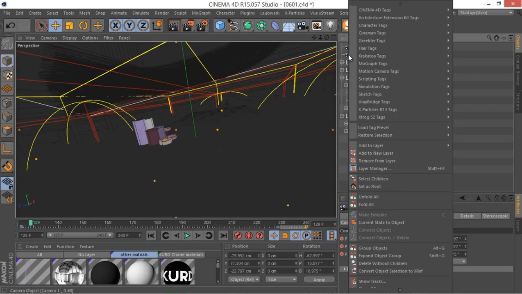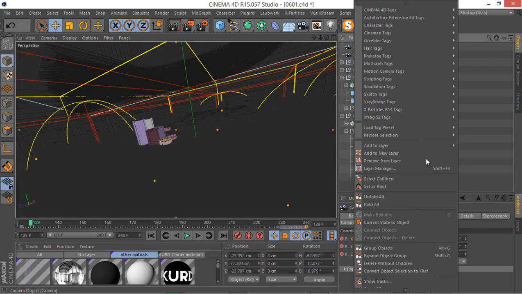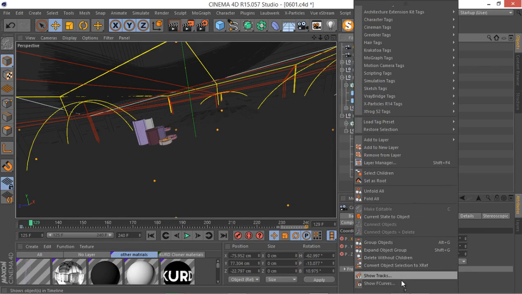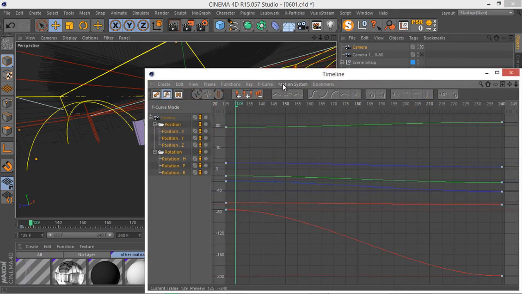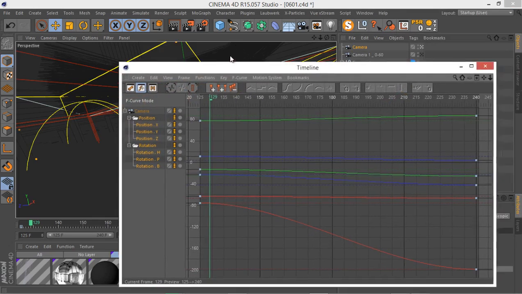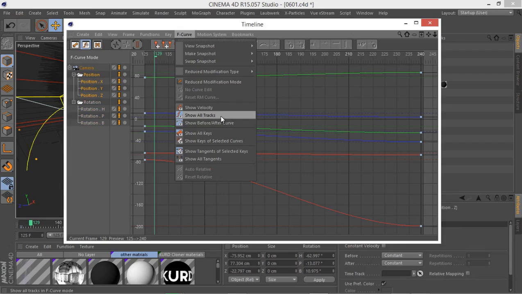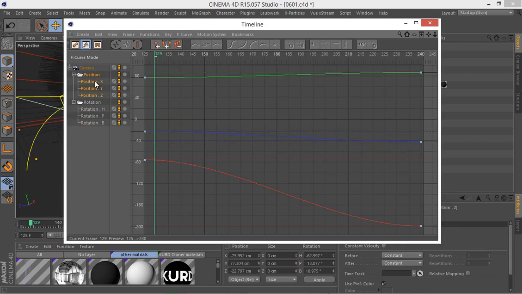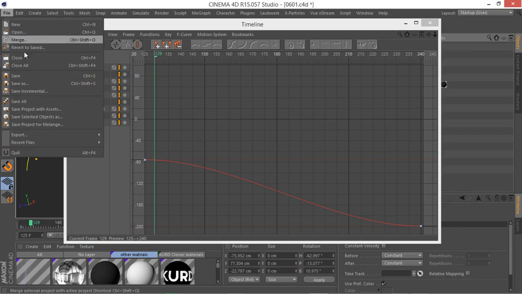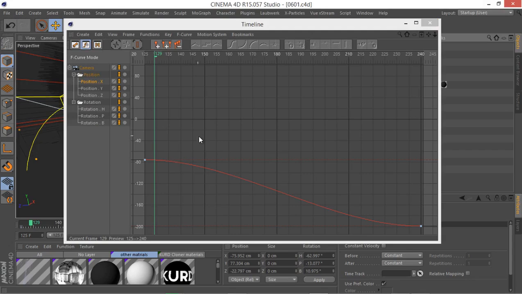Even though we can, if we want, right click and go to the F curve of this camera and work with these curves a bit. Let's just go to our F curve and turn off this show all tracks so you can work based on the tracks. Let me save my scene here. Actually, so if we need to get back to this point,